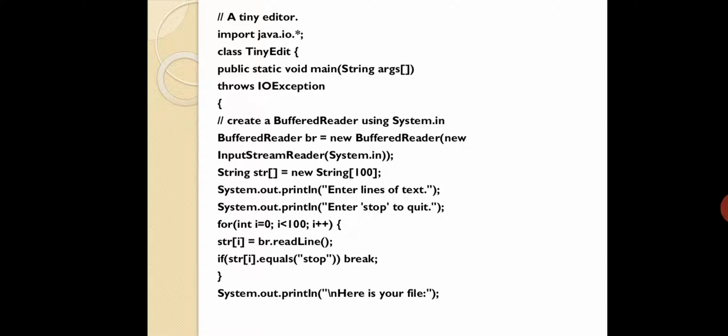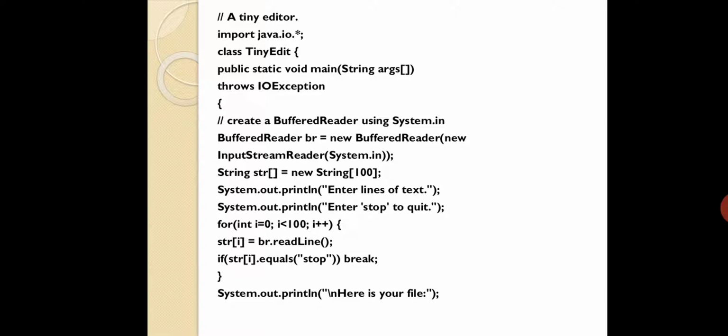Next, you are using one for loop. That loop will run 100 times. Why? At the max you can go for 100, isn't it? While declaring the variable itself, the string array, you have gone for 100. So 100 pieces of information can be stored, so you are running the for loop for 100 times.